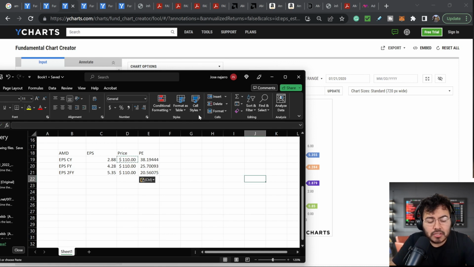So now when we update it to $110, which is the current price, we can see for the current year, PE ratio is roughly 38. And I don't believe that's crazy expensive for a company growing double digits and in an emerging market to some extent, especially with things like data centers and the AI. For earnings per share for the next fiscal year, so this would be the end of 2024, roughly 8 quarters from now, PE ratio is closer to 25.